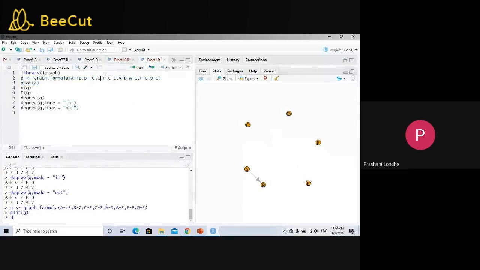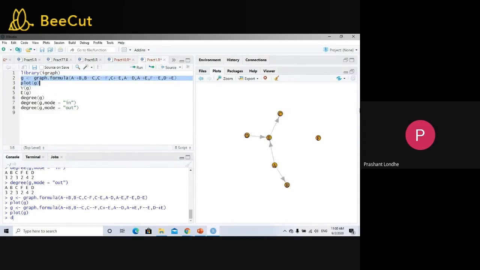Okay, I will put minus minus minus plus minus minus. See, if you want to show the directed edges, you can write like this, or you can put 2 minus signs to show we don't have any direction, or plus minus. Now if you are showing plus to B, it means that the direction is toward B. If you are showing plus to C, it means that the direction is towards C. Now let me run and see the output. Just see here, you are able to display the directions.